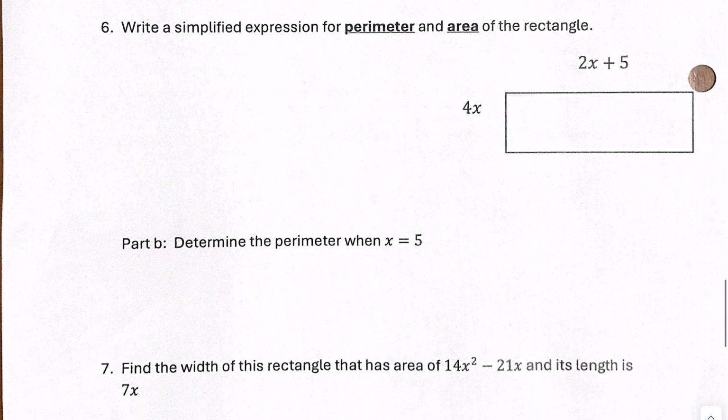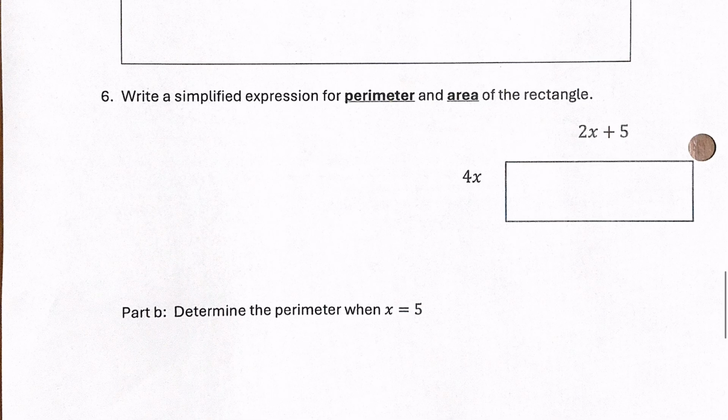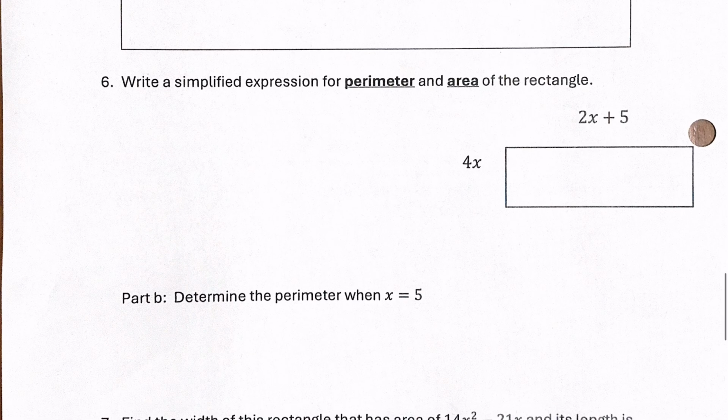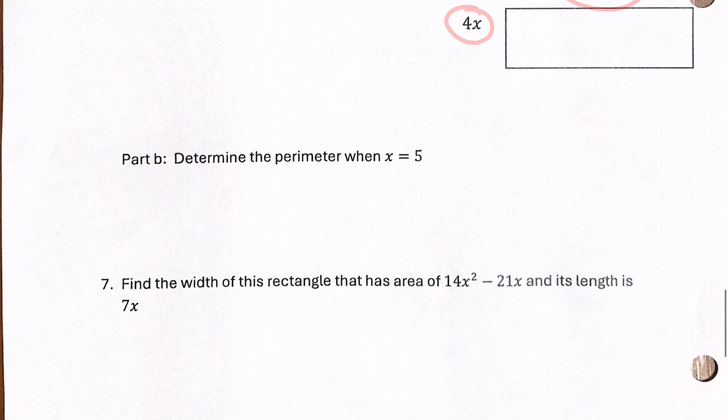And then we get into the third part, which is writing simplified expressions, for example, just applying these algebra principles to finding things like perimeter and area of shapes. So I guess in this case, a rectangle. This is good because it also touches on measurement and applications of why we use algebra and expressions like this. Okay, and then also substitution here. So if I give you a value for x, now I can ask you to find the perimeter or calculate the